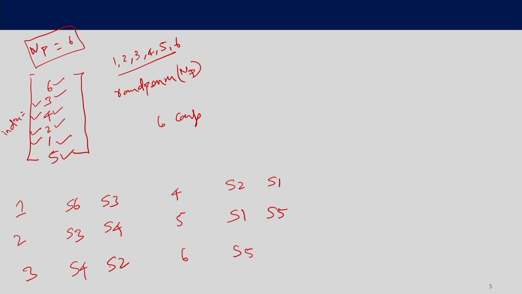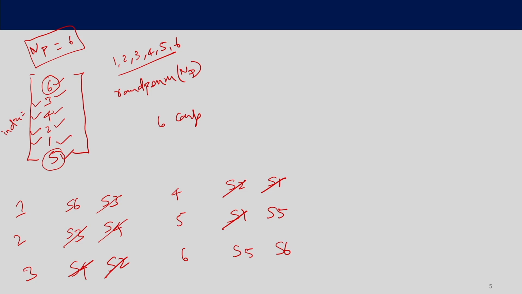All the other members except 6 and 5 have already participated twice. So, for example, S3 has participated twice, S4 has participated twice, S2 also has participated twice, S1 also has participated twice, right. So, only S5 and S6 have participated once, right. So, that is because the 6 is located over at the top. So, the last competition is going to be conducted between the last value of this index and the first value of this index, right. So, that would be between S5 and S6.